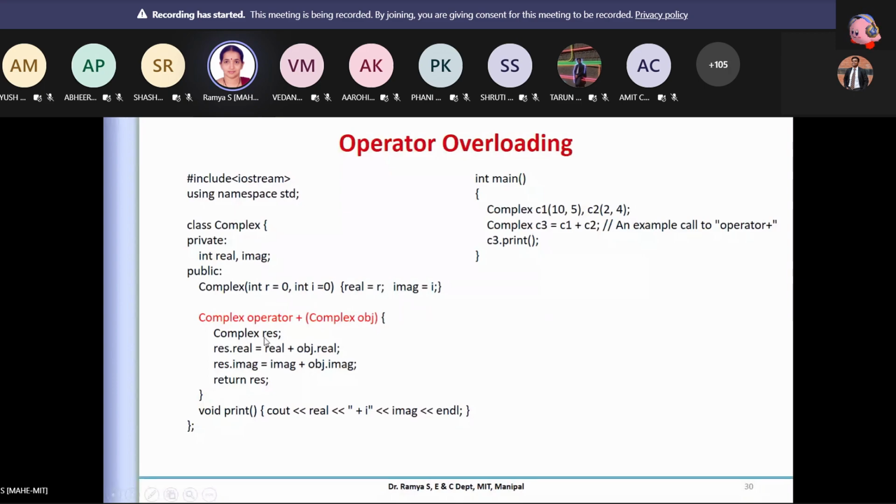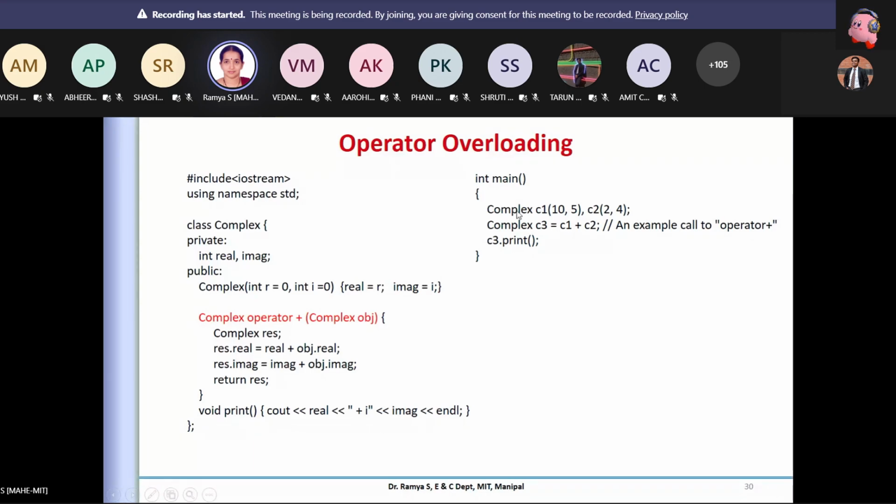Then the result is the real of whichever object you called through, plus the real of the object which you passed. It is added and set, and it is returned. So this is the functionality done here, and you're printing.